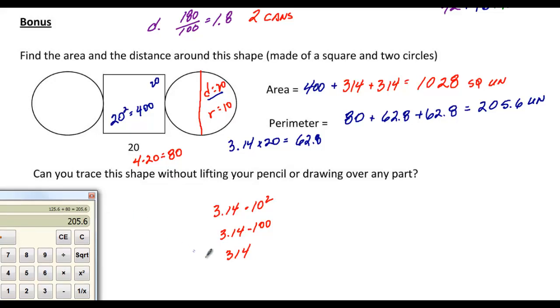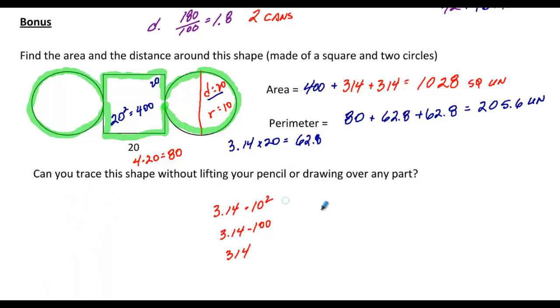And finally, the question, can you trace all the way around without raising your pencil? The answer is yes. Let's just start at a spot. Let's start right there. We go all the way around. Gets us to there. We go down below. Gets us to there. We go all the way around. This is kind of like a weird Mickey Mouse thing. And across and back up again. And this, of course, would have connected. So now you have everything from this. Questions that you've got, please be sure you bring them to